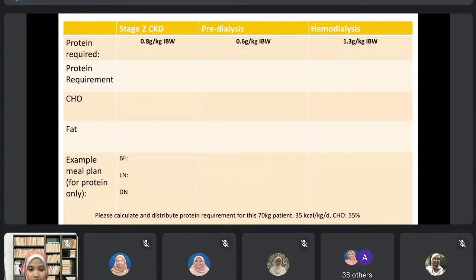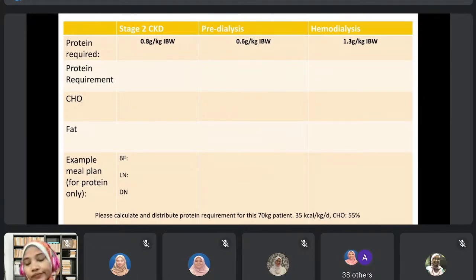Satu lah nak bagi dia makan apa. Makan legumes dan juga